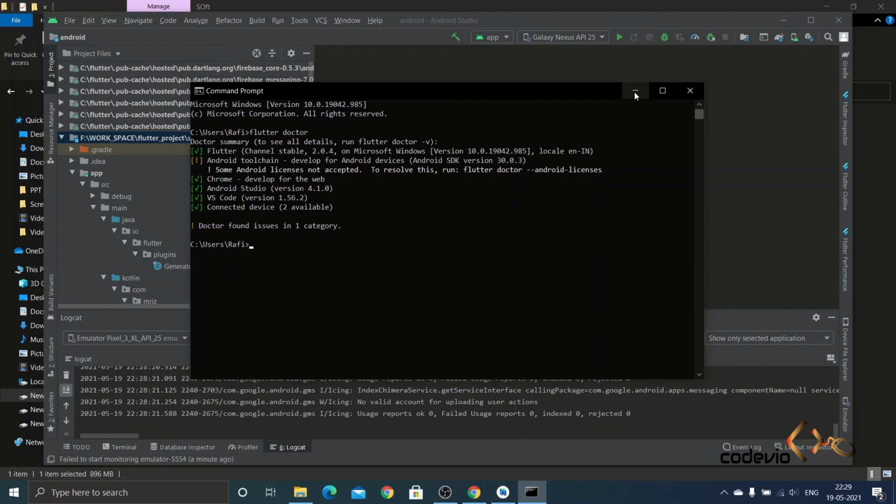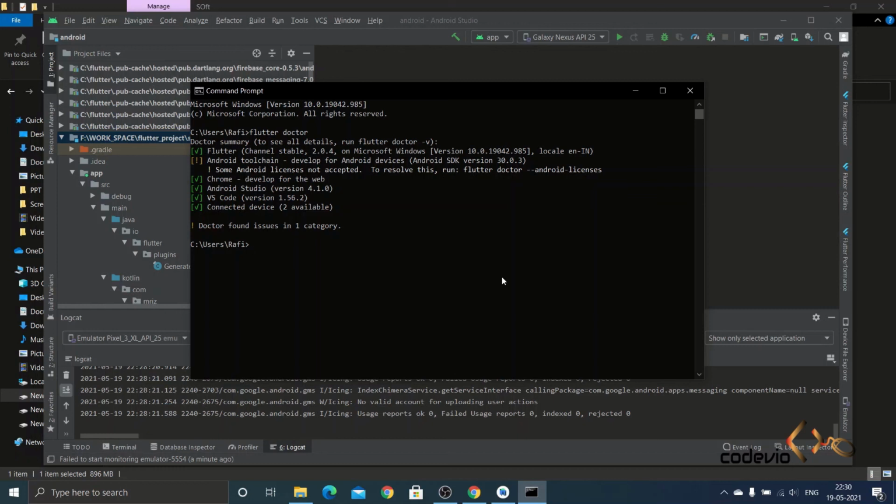Okay, so in your case, if you have faced any issues, please place them in the comment box. I can solve them, so please don't worry. So we have completed the Flutter installation. Now, the small warning I told you about is showing there. It's not a problem. We are going to test the application, and then it will be made more clear.